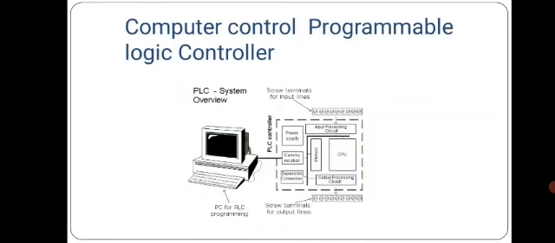Then computer control. The computer is the third major component of the FMS. In the flexible system, computers are required to control the automated and semi-automated equipment and to participate in the overall coordination and management of the manufacturing system. A typical FMS computer control system consists of a central computer and microcomputers controlling the individual machines and other components. The central computer coordinates the activities of the components to achieve the smooth overall operation of the system.